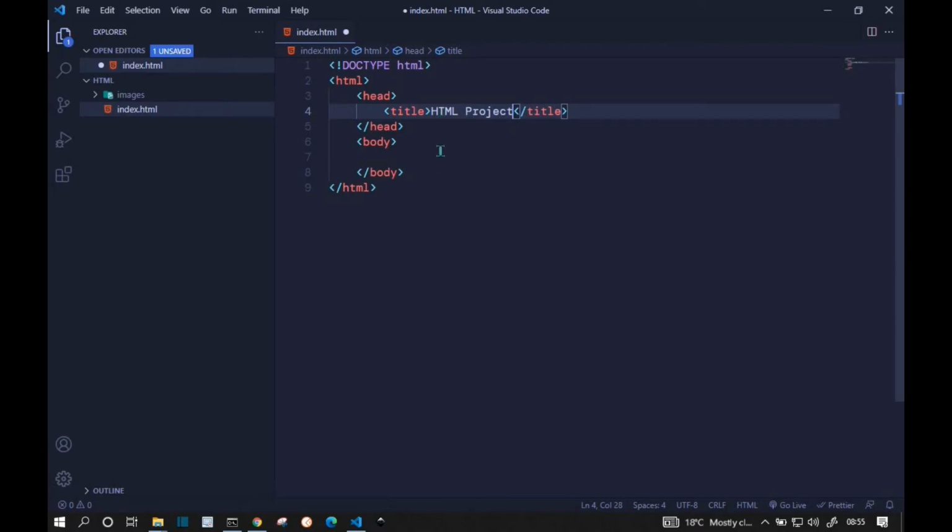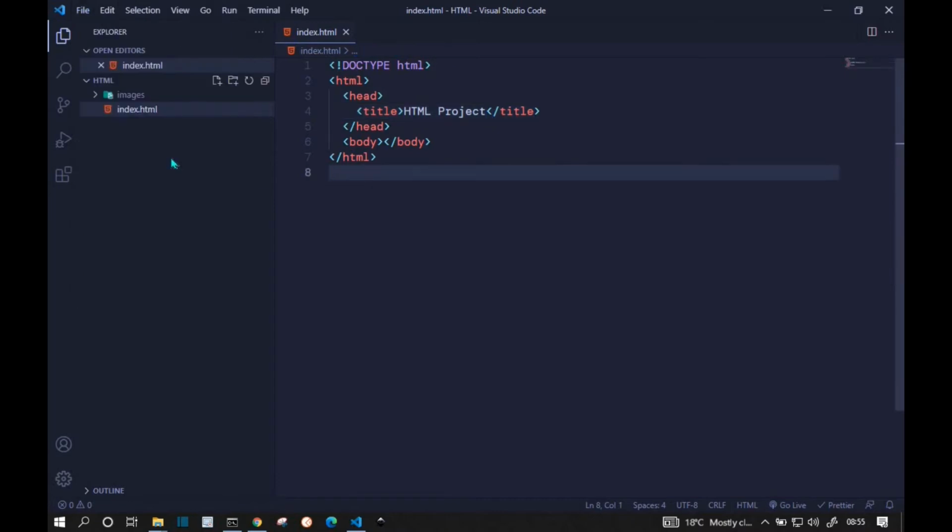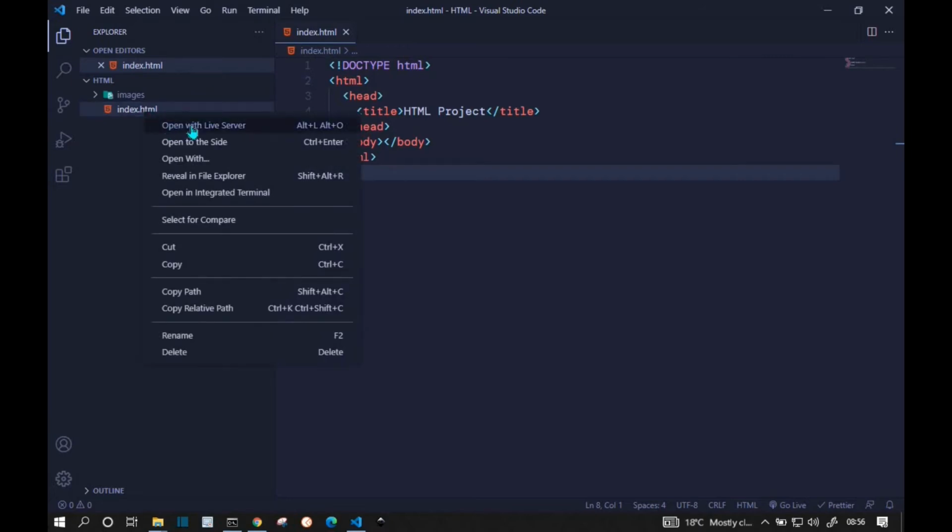And let me just save this file using Control S, or you can just come to File here and then click on Save, and then I'll hover over index.html, right click, and then I have this Open with Live Server. Live Server is a Visual Studio Code extension which I have installed to help me learn this HTML project, and I showed you how to install extensions in the last video.